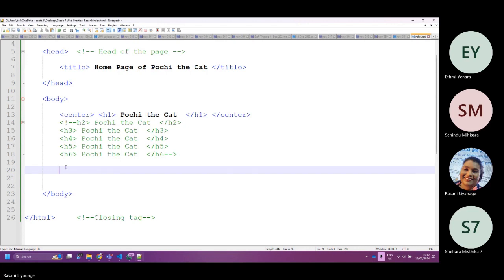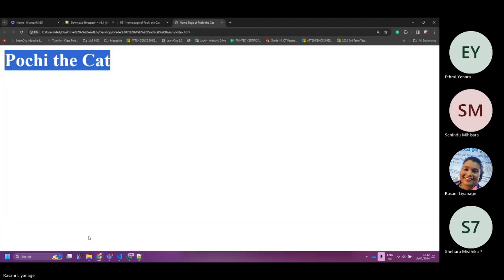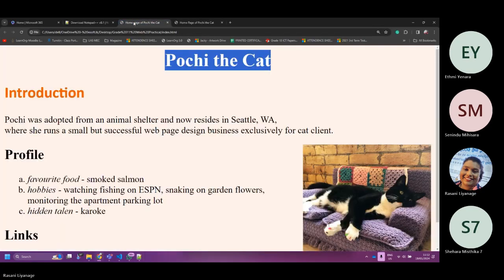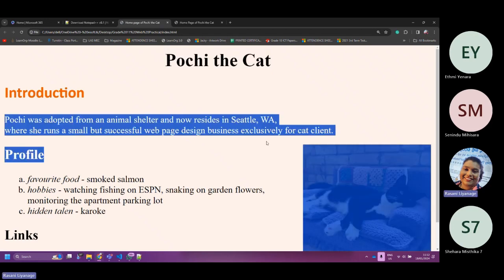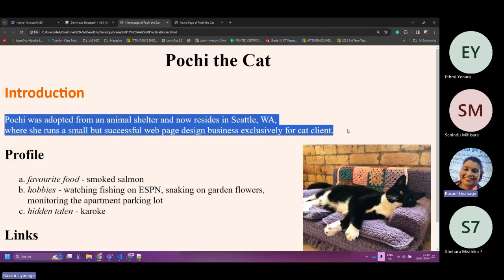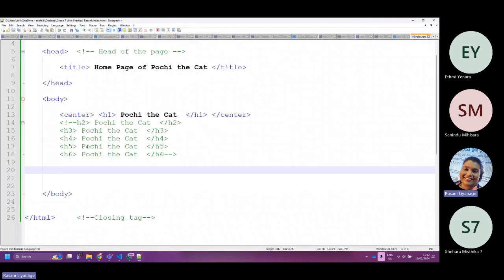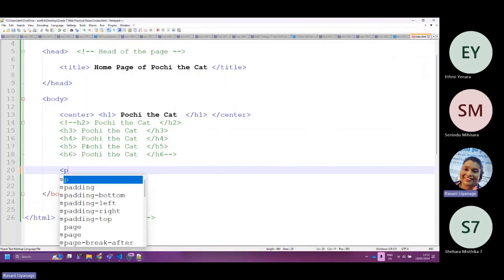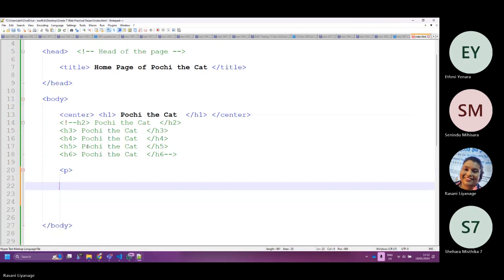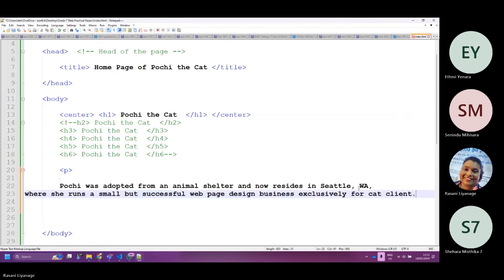Have the paragraph. Yes, madam. That's done. Okay, we'll write the paragraph. I'll talk about H2 later. Now we have a paragraph. To write a paragraph, we use tag P. And there's a big paragraph.